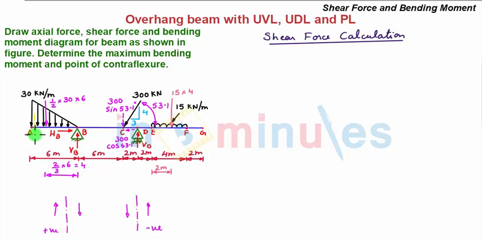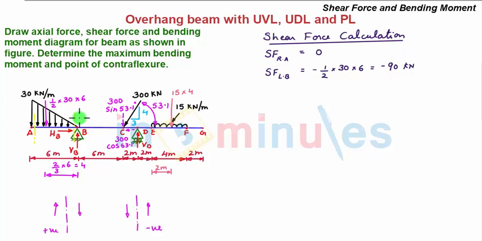Now taking a section towards the right of A and at a very small distance from A, we have shear force to the right of A is equal to, now considering the left hand side of section, we see that as such there is no force acting since the section is very near to A. So shear force to the right of A is 0. Next we take a section towards left of B and very near to it. Now considering the left hand side of section, the shear force towards left of B is equal to, we see that there is a downward force of magnitude half into 30 into 6. So we have minus half into 30 into 6 equal to minus 90 kN.